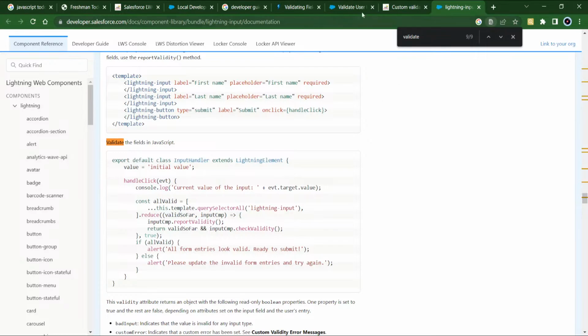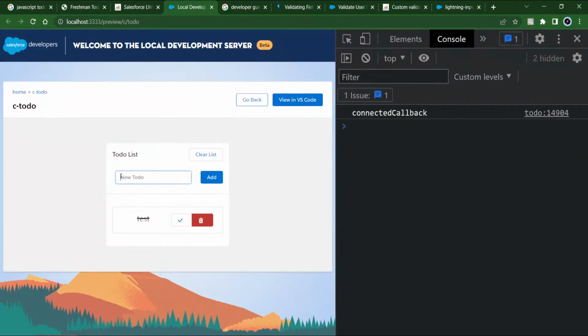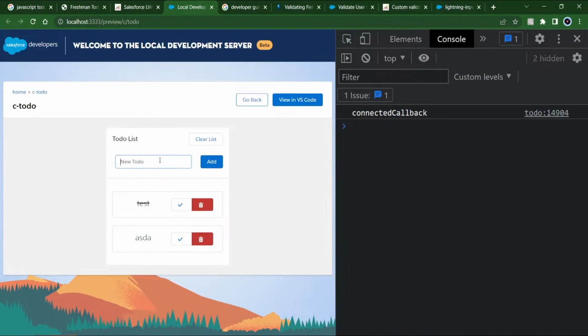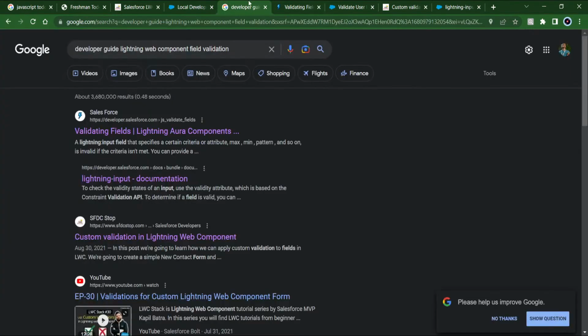So there is a way to show on the actual component itself that there's an issue. When we try to press that, there's a couple things we can do. We can do a template to show the value or not. So an if else